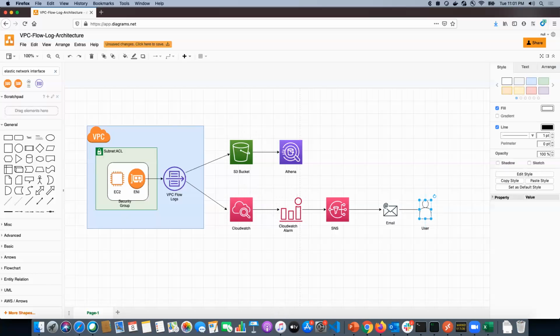Throughout this series of videos, we are going to create 4 more videos in which we are going to create CloudWatch log groups and send VPC flow logs to CloudWatch. Then once this has been configured, we are going to create CloudWatch filters and alerts. Then we are going to use CloudWatch Insights. And finally, we are going to analyze the VPC flow logs data in Athena. So these are the 4 further videos that you can expect in this series. All right, that's all for this